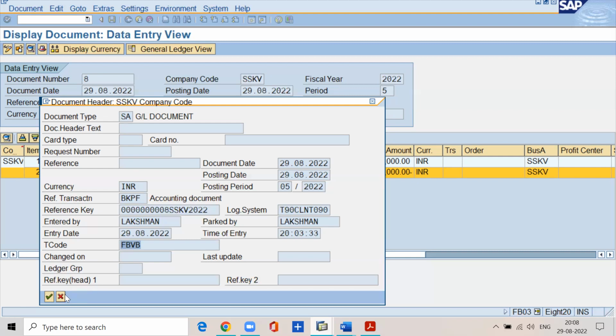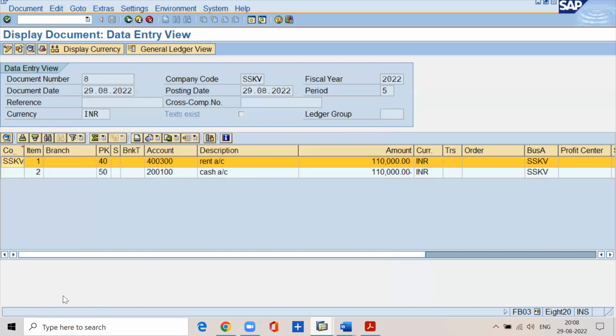So one more question. Instead of first parking the document by going to F-65, if we go to F-02 and pass the journal entry as usual, and after that we want to park, is there any option to do that? Yes. See here. So what Nilesh has asked is, we are parking the document in F-65. Otherwise, we can also park the document directly from F-02, right? See, for example,